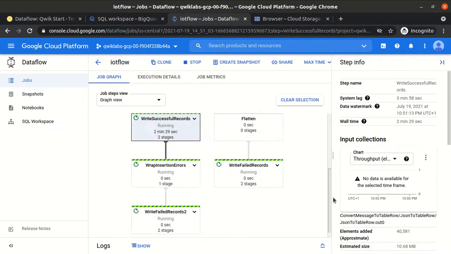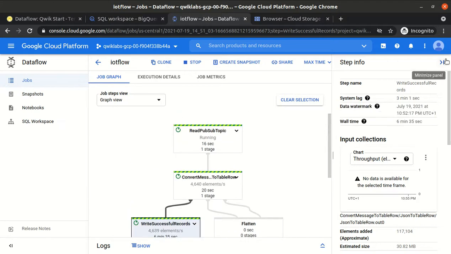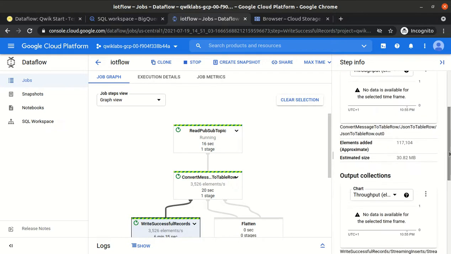In this way, we got to know how to use the templates. Let's wait a few seconds. Yeah, now you could see it started reading the elements, 11174, right?